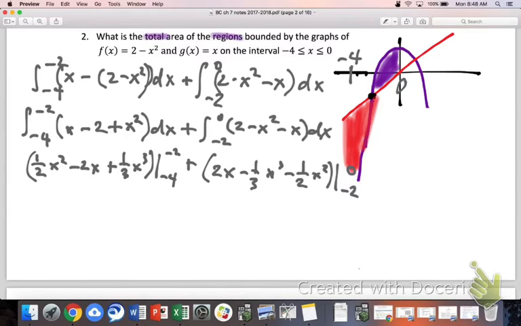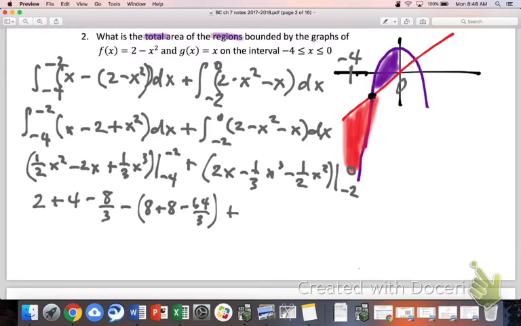and what in the world happens here? I'm going to do a little arithmetic in my head. If you plug in the -2, you should get 2 plus 4 minus 8/3, minus, if you plug in the -4, you should get 8 plus 8 minus 64/3. So pardon the arithmetic step skipping. Is that okay? All right, and then plus,